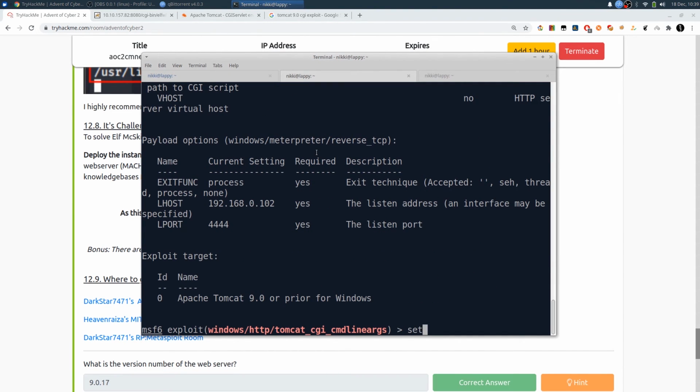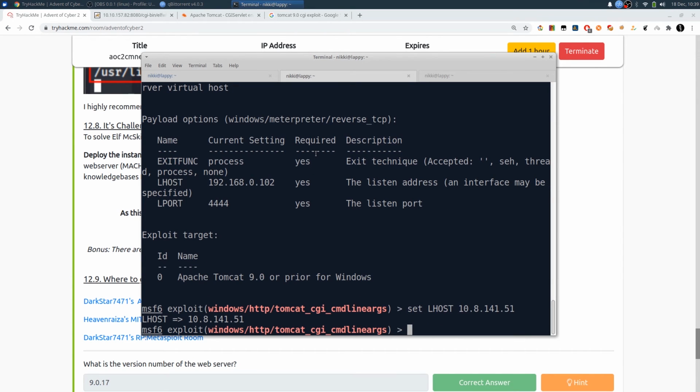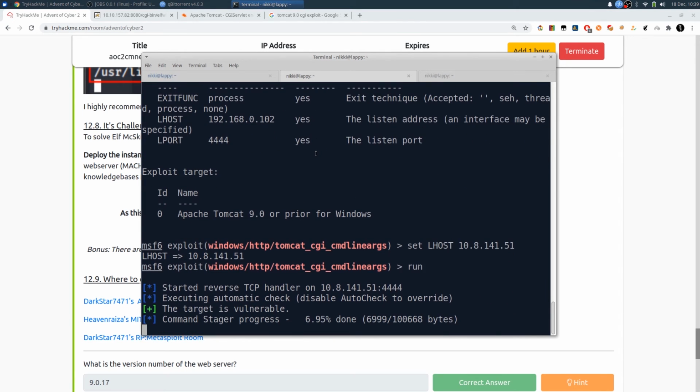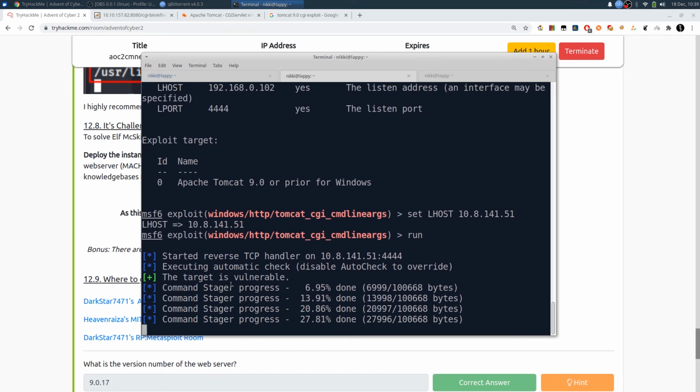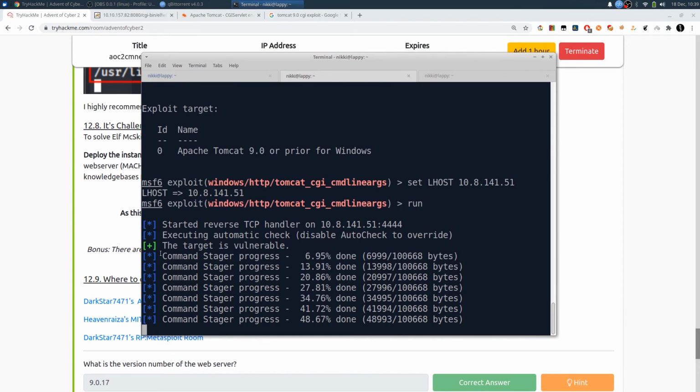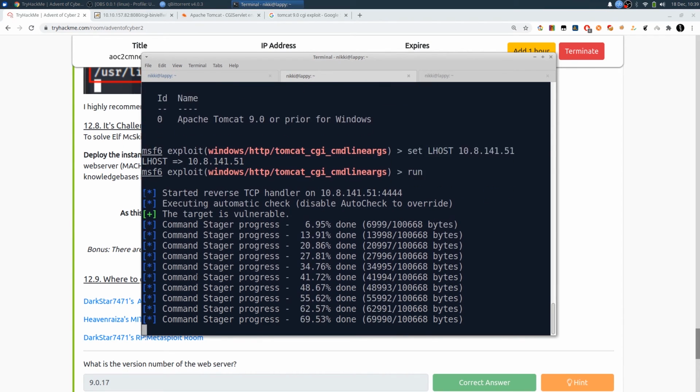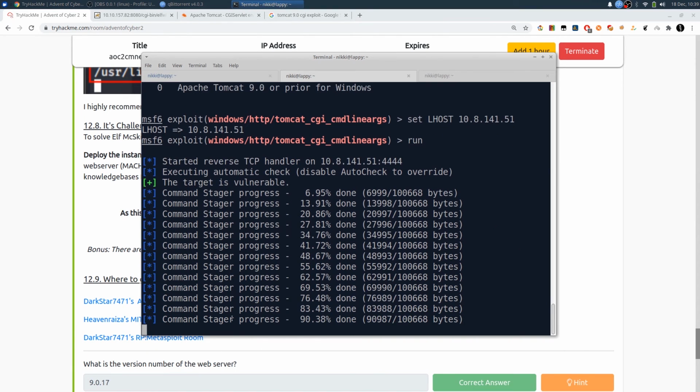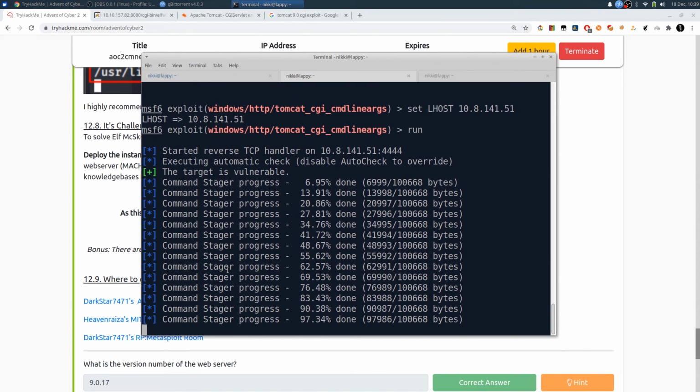Let's say set LHOST, paste the IP address, and now we simply run this exploit. Now it's checking whether the target is vulnerable or not, and we found that the target is vulnerable. So it's sending the stager to that machine.